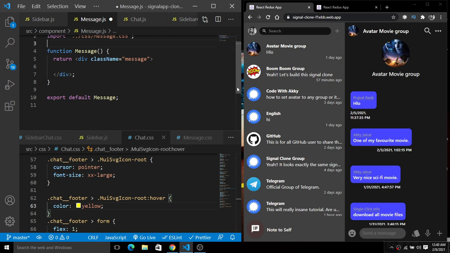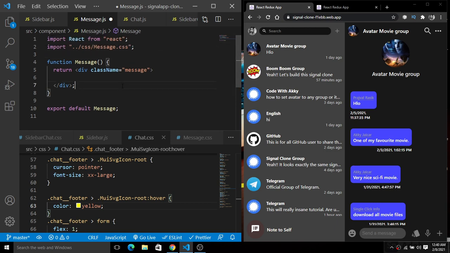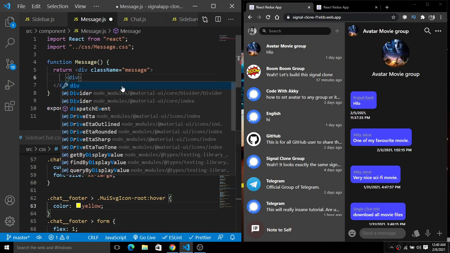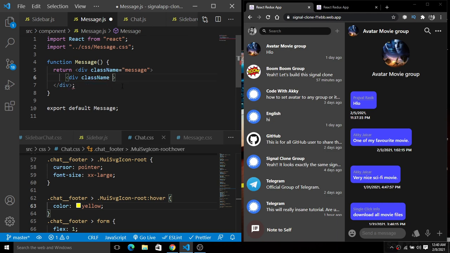Next, for this message, we will simply remove the hard-coded text here, or first of all import the message.css. Okay, so we have imported the message.css. Fine. So now for this message, here we will simply create a div with a class name. Okay, so we already have this message div here. Now we will simply wrap each and everything here inside of this. So how will we do this?